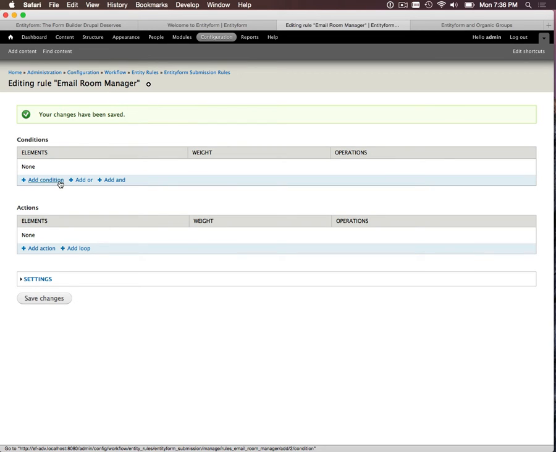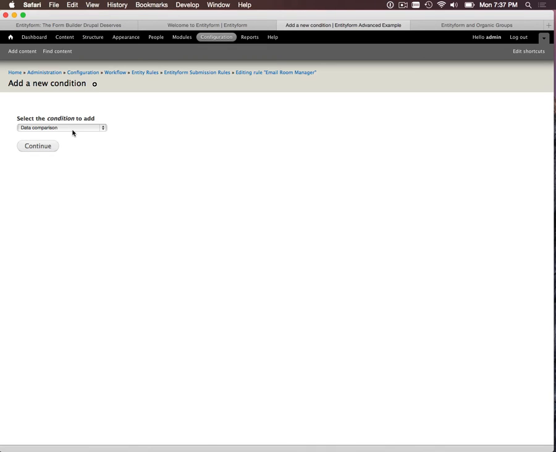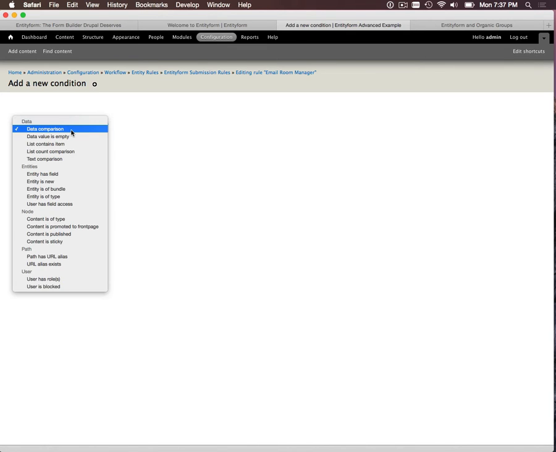There might be the reservation form, but there might be some totally other forms too. So the first thing I should do is make sure that I've got the right... Oh, wait. No, I don't need to do that. Sorry. Let me back up. I don't need to check which type of entity form it is because that comes at a later step. So all I need to do here is, let's see,